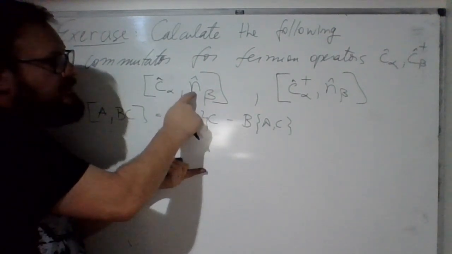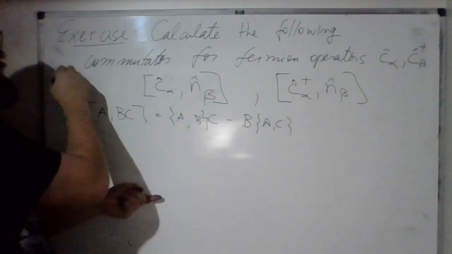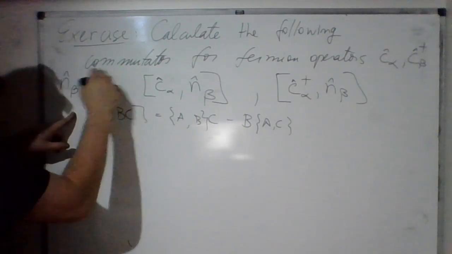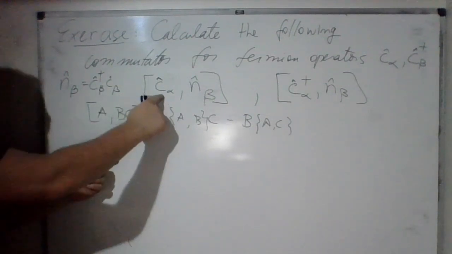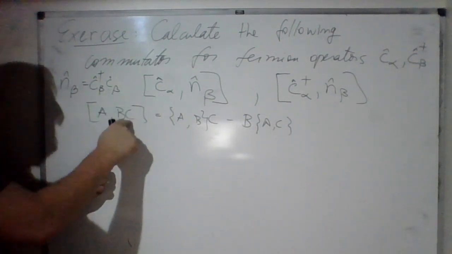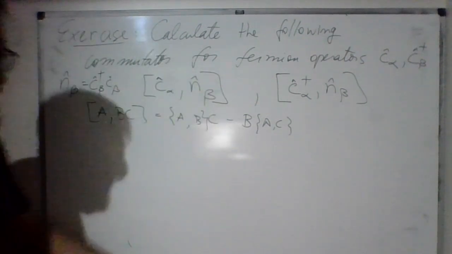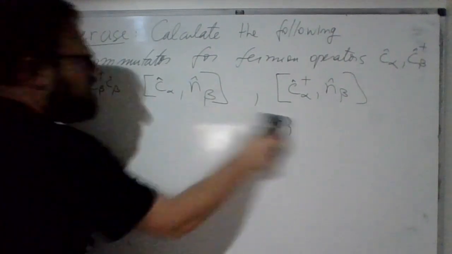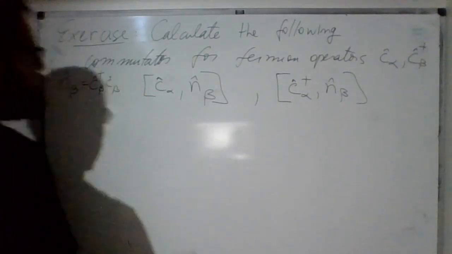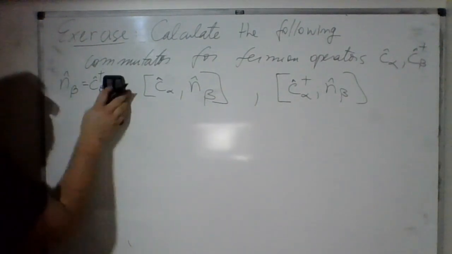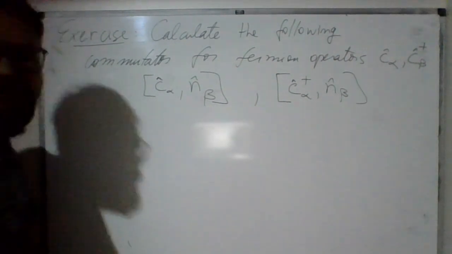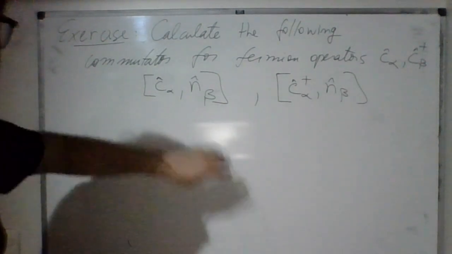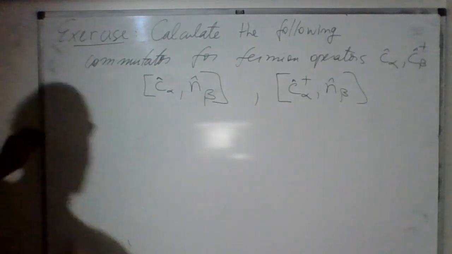And here you have a product. So n beta is a number operator, C dagger beta, C beta. A is this, B is this, and C is that. You need to use the algebra. All right, do the calculations. You work these things nice and easy. I see no problem in doing that. So just calculate this thing, and then considering